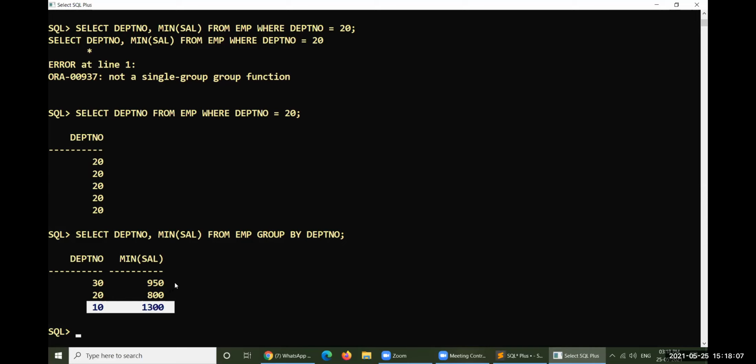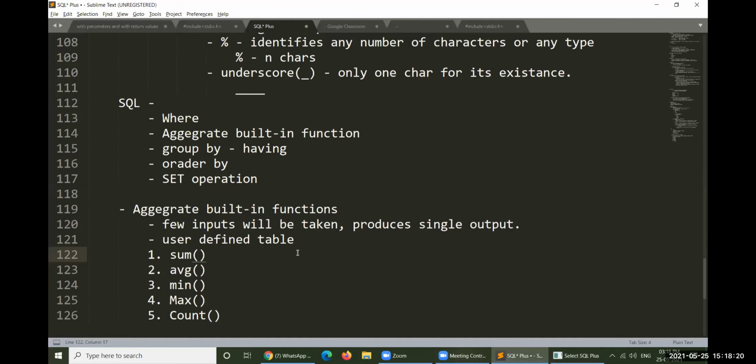Now, what exactly are you supposed to remember while applying this group by clause? You must remember one thing here.